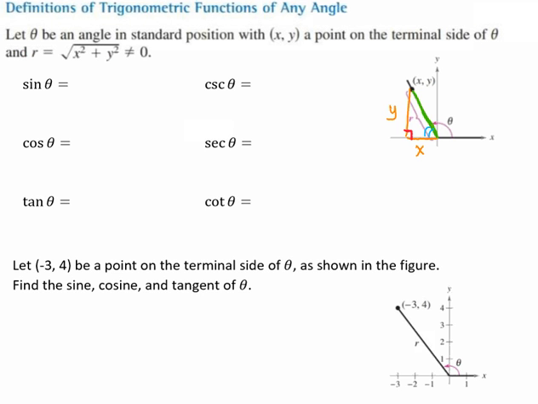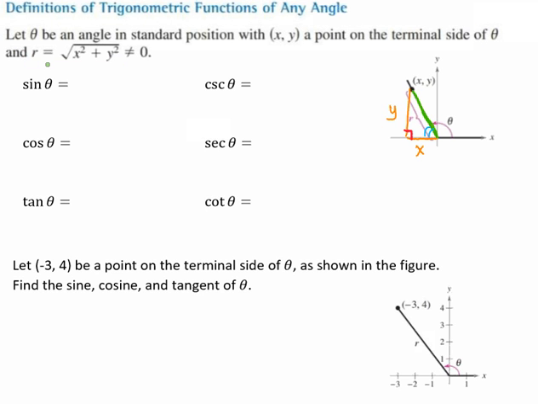Right now it's just helpful to know that when we have an x, y, we create a right triangle. So in order to find our r, we're simply finding the hypotenuse of a right triangle. And this equation right here, r equals the square root of x squared plus y squared, is simply Pythagorean's